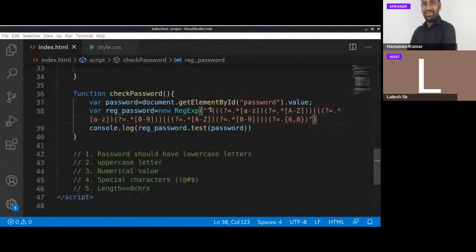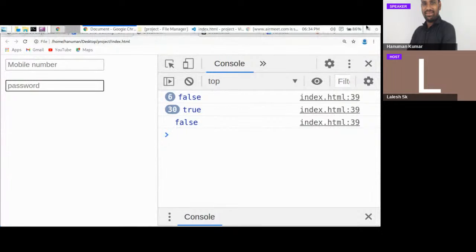So the entire regular expression is okay, but... okay, 6 to 8, that's fine. Okay, we will discuss about this tomorrow because the time is already